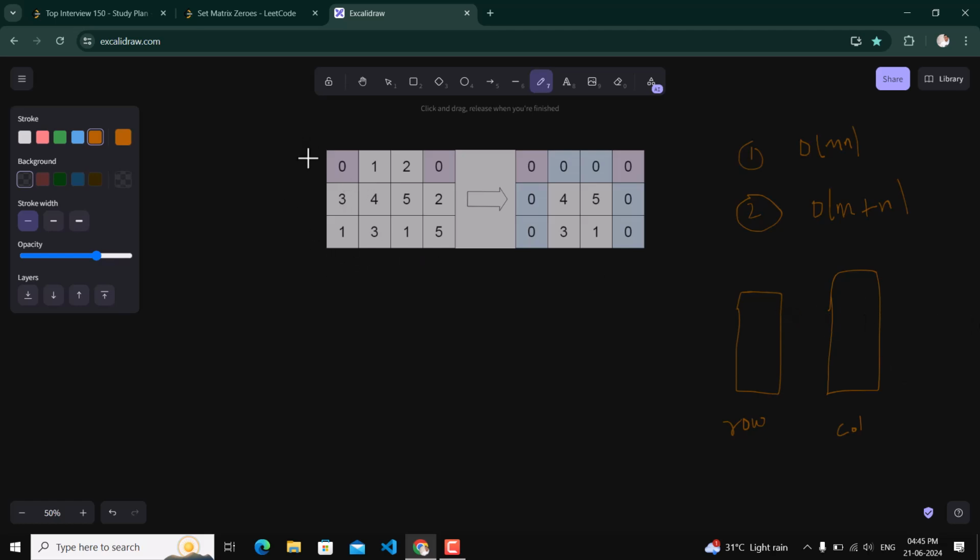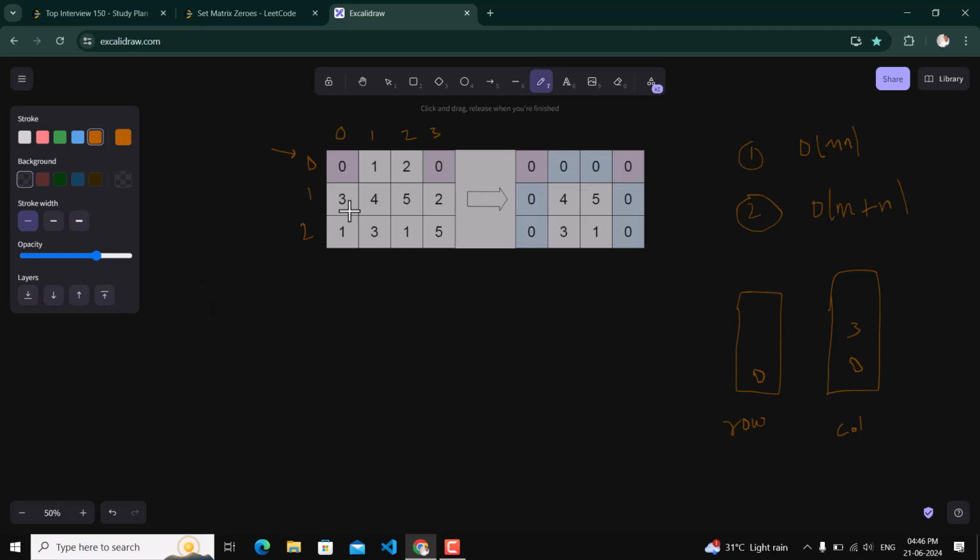So this is like rows 0 1 2 and columns 0 1 2 3. First of all, we will iterate over this matrix. For rows, we will get 0, just one time, because we are using a set. And for columns we will get 0, and we will get 3. So now we know that yes, we have 0 in the 0th row, and 0 in the 0th and third columns. Now we will iterate over this matrix, and whenever we find a row which is contained in the set,